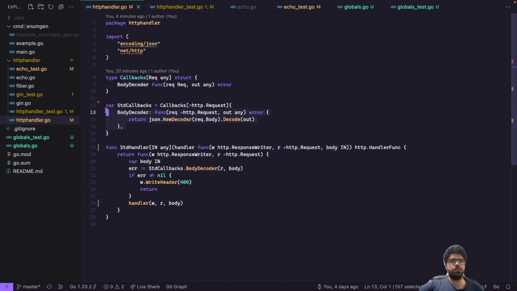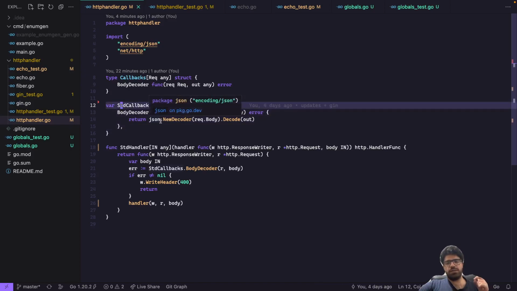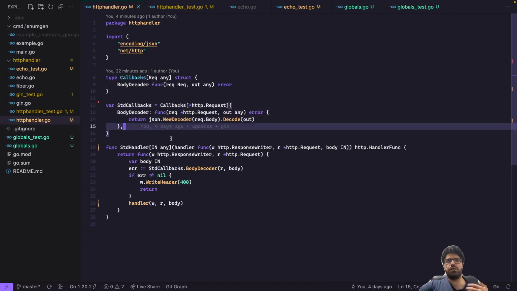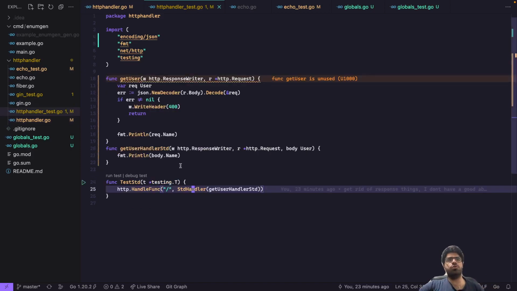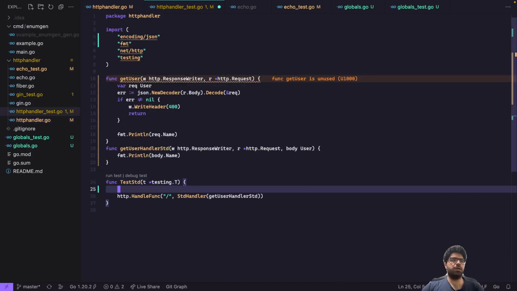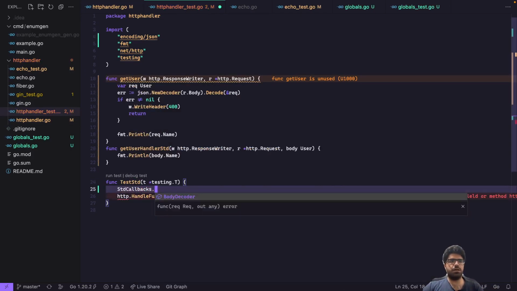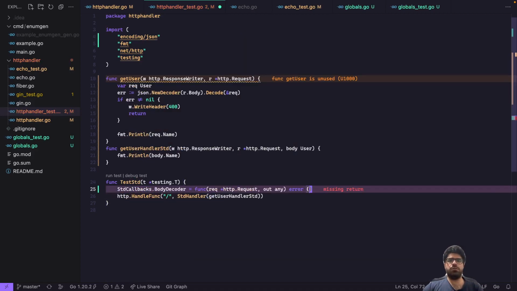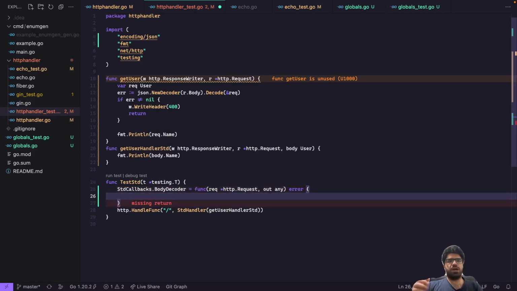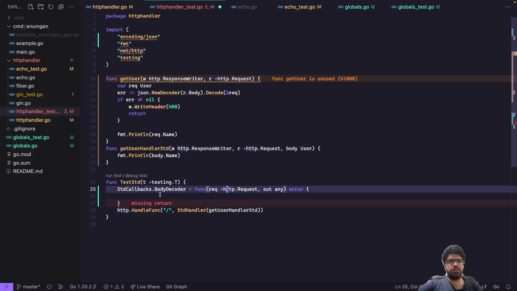And also you can customize this, so you don't necessarily need to rely on just JSON. Some people might need to do XML decoding, so you can easily do that. So you have StdCallbacks, you do this. So you have a function that takes in an HTTP request, and see this body decoder, this callbacks